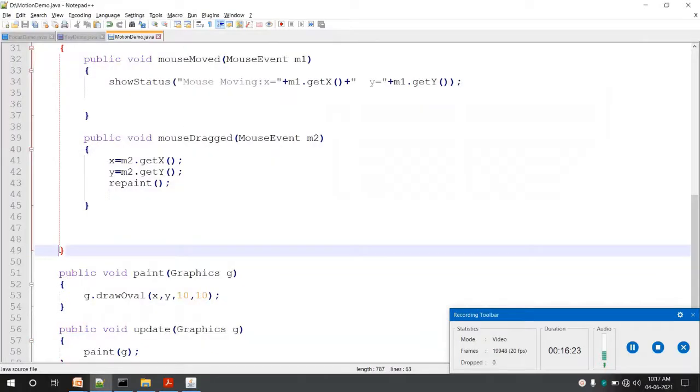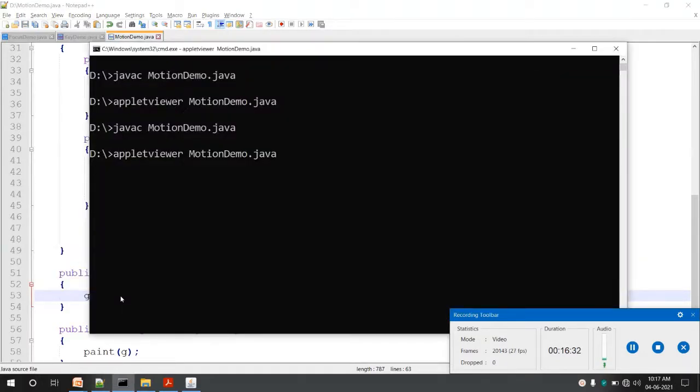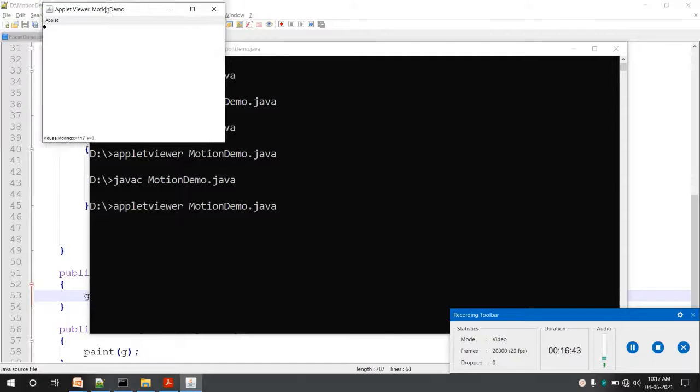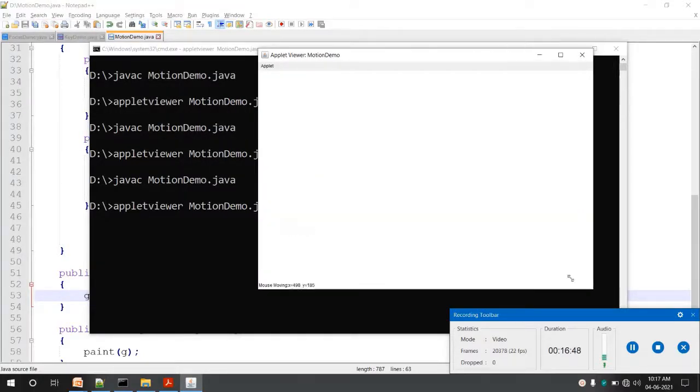Okay, one more change I'll do in the program. Instead of drawOval, I'll use fillOval. Compile and execute. Now you can see if I drag it, we have used fillOval.